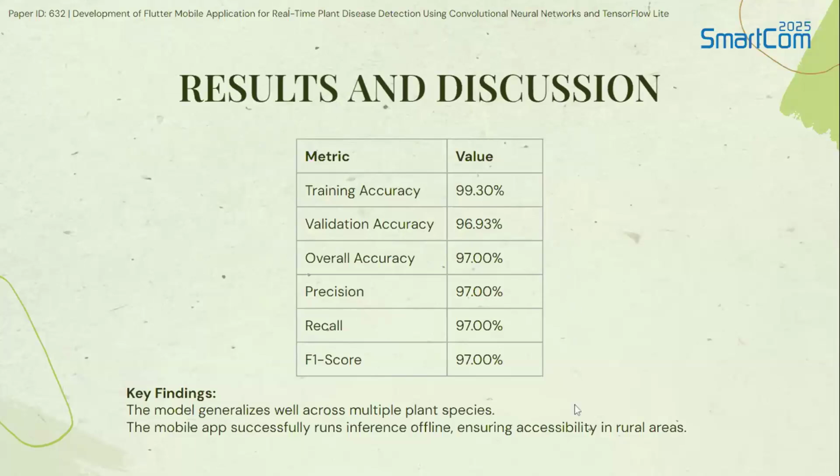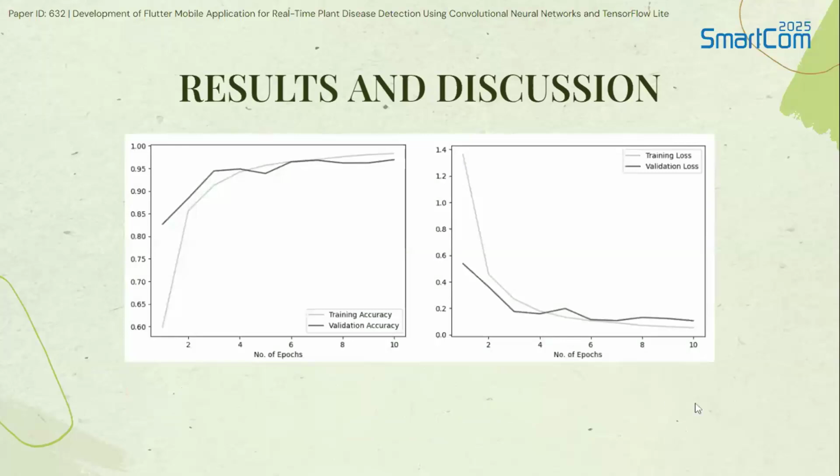Key findings were that the model generalizes well across multiple plant species and it successfully runs inference offline, ensuring accessibility in rural areas. The training loss decreased from 1.362 to 0.053, and the validation loss dropped from 0.537 to 0.105, indicating strong generalization